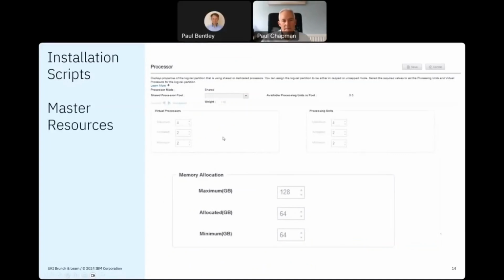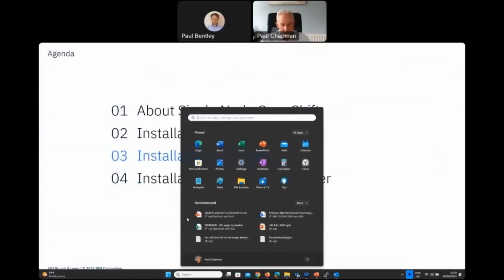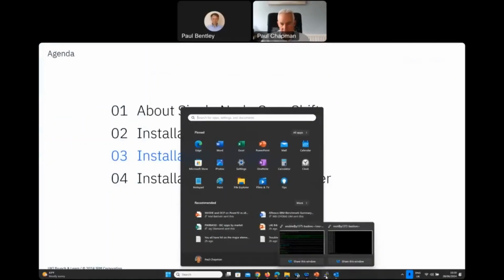I've done this on some standard machines today through TechZone, with 2 processing units, 2 cores, and 64 gig of memory for the master node, and 0.2 of a processor with 4 gig of memory for the Bastion node that I'm doing the installation from. So that said, let me